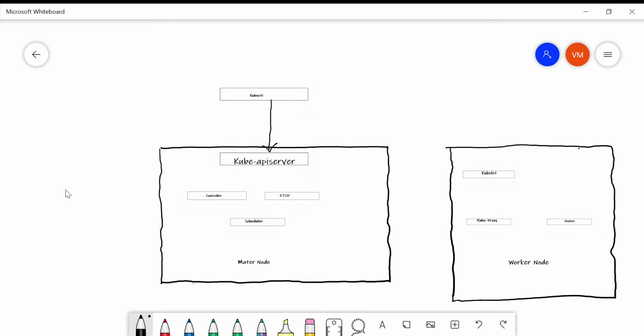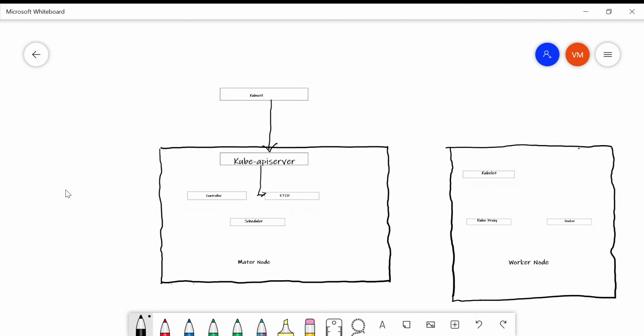The Kube API server will then communicate with different components to retrieve the data and give it back to the user, right? For example, you want to know how many pods are currently running in a Kubernetes cluster. You execute a command, and it first talks to the Kube API server, and the Kube API server will check the etcd component, retrieve the information and give it back to the user, right?